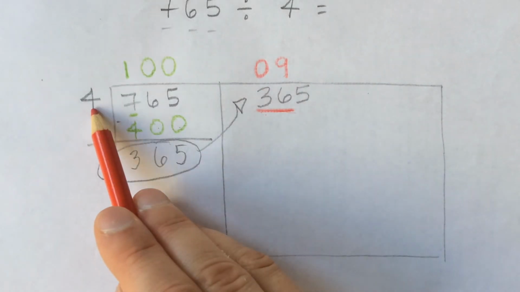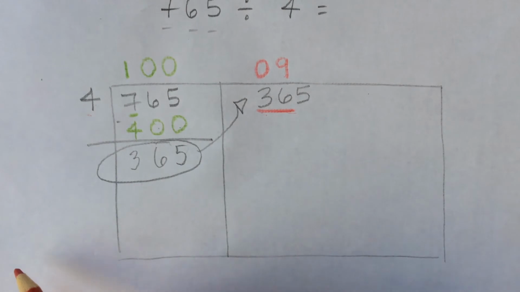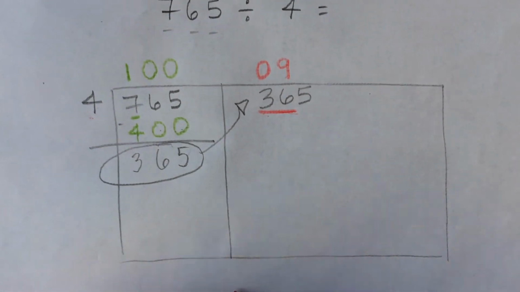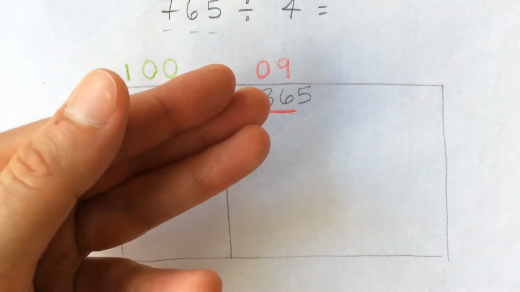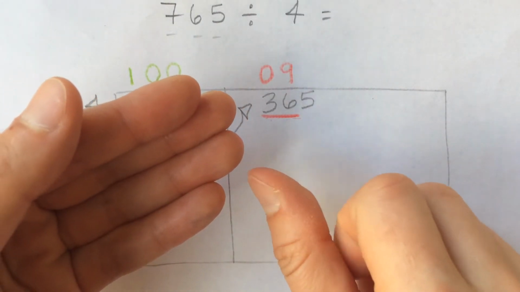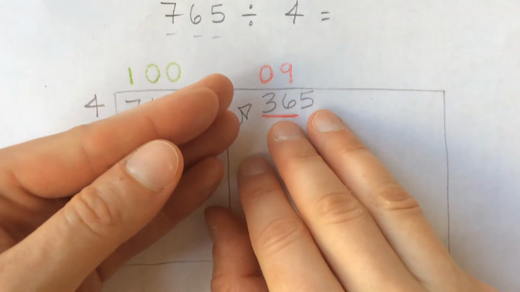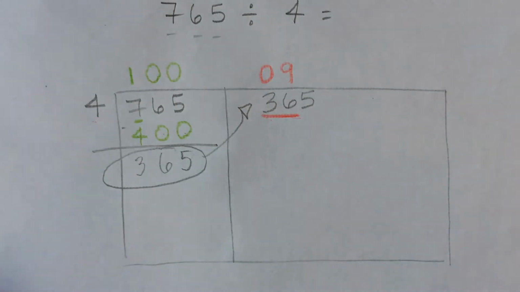And what is 9 times 4? Or what is 4 times 9? Don't remember? Sing the song again. 4, 8, 12, 16, 20, 24, 28, 32, 36. 4 times 9 was